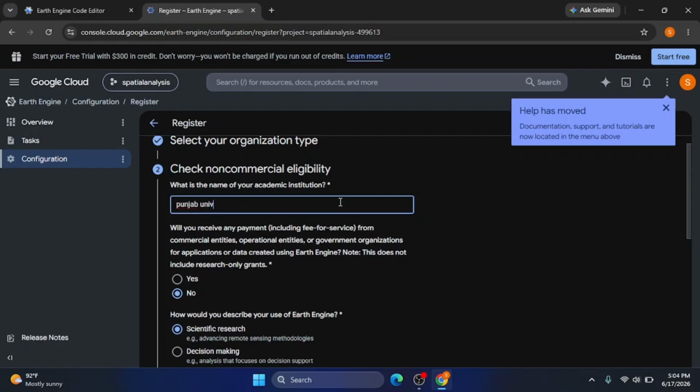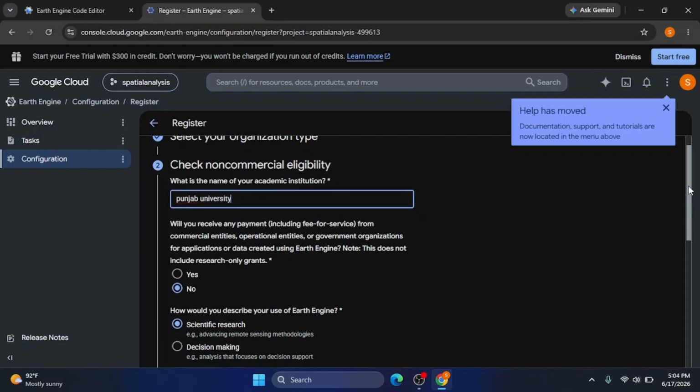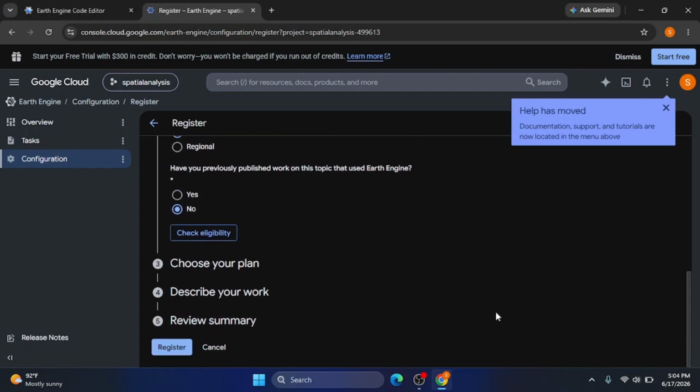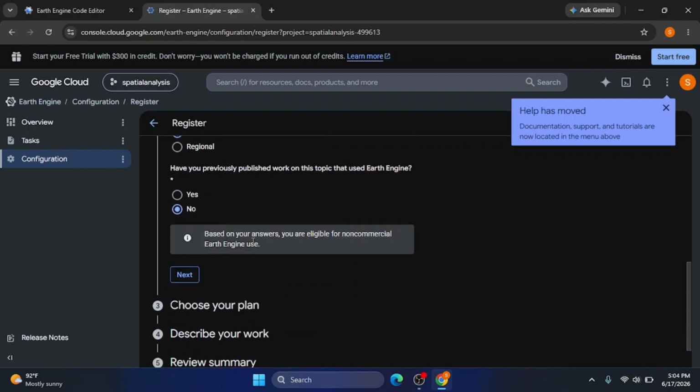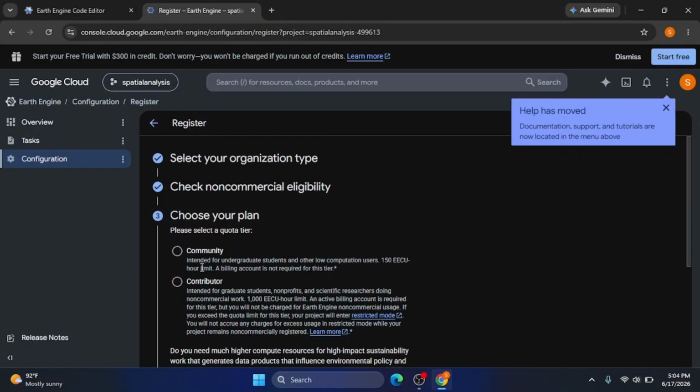Okay, then you first check your eligibility. According to my answers, I am eligible for non-commercial usage, and then you choose your plan. Whether you are a contributor or using it for the community, there are two scenarios. If you are a contributor, then you need an active billing account. In my case, I am selecting the community plan,